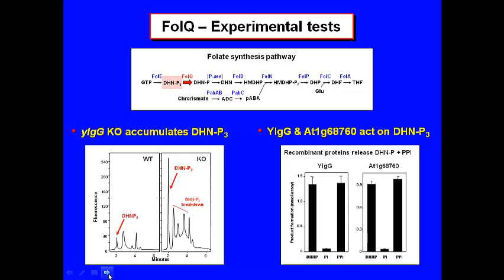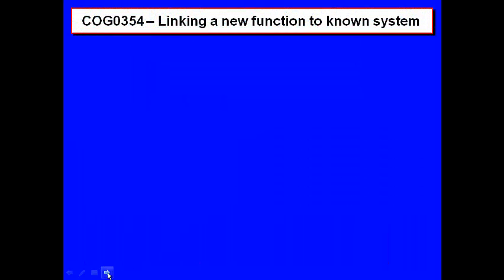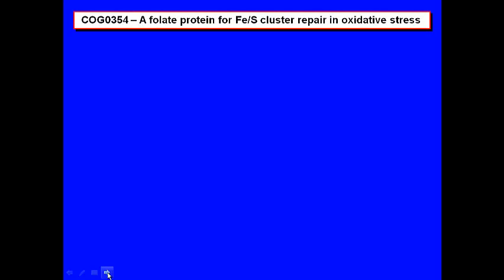So this is a very classical story, very simple one. It was actually my introduction to comparative genomics. This was a gene that had been missing forever, and we found it very easily, actually. This is a more challenging case where you have a gene, all right, but you don't know what it does. And I'll just show you right up front what it does, or what we now know it does. It's a folate-dependent protein that's involved in the repair of iron-sulfur cluster cofactors, especially in oxidative stress, because iron-sulfur cofactors are very sensitive to oxidative stress.